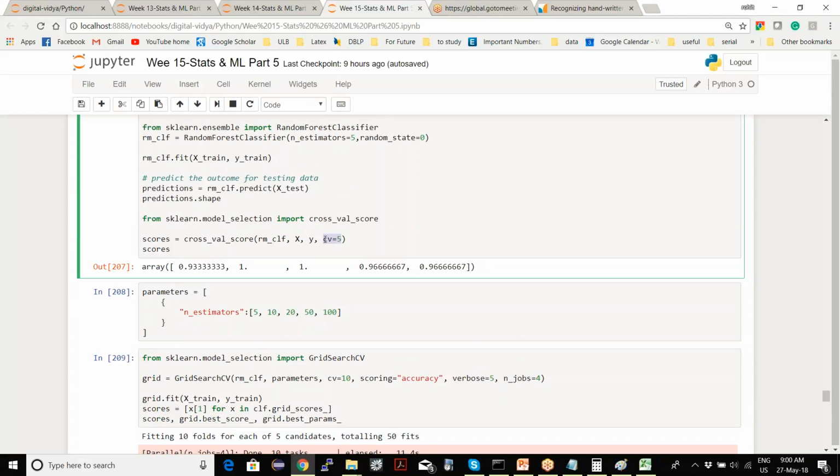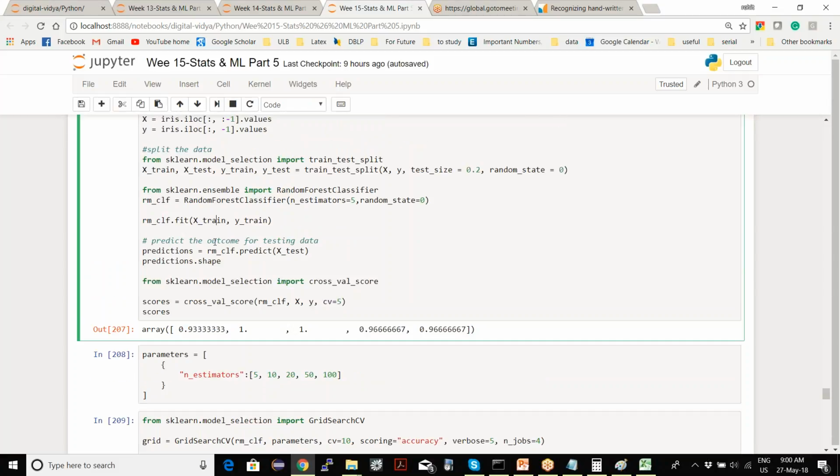For CV equal to 5, see, in cross validation we saw 0.99, 0.96, 0.966, so the average would be 0.967 something.